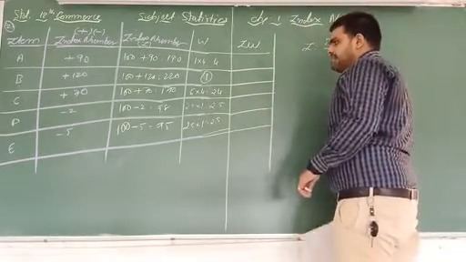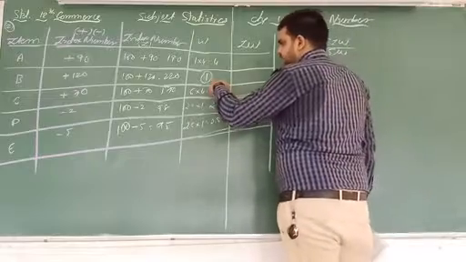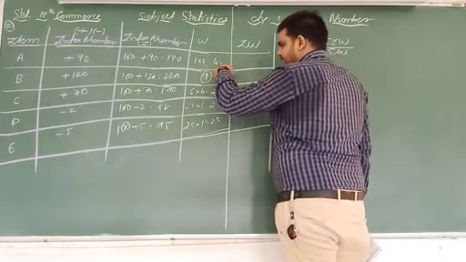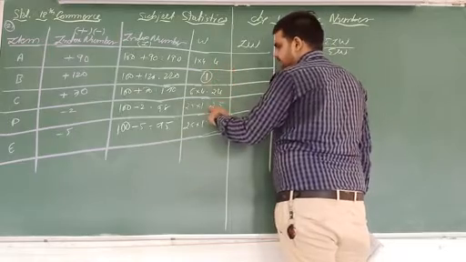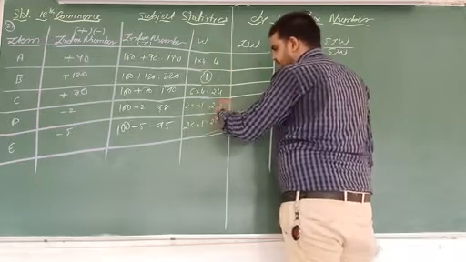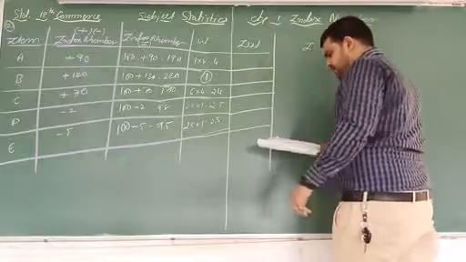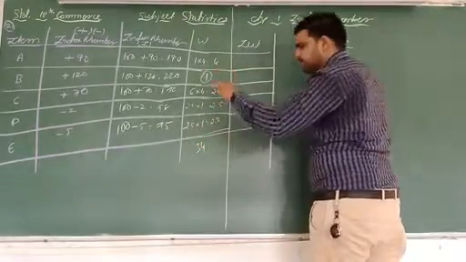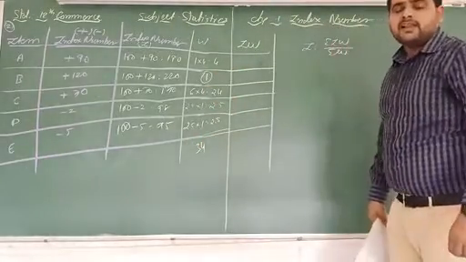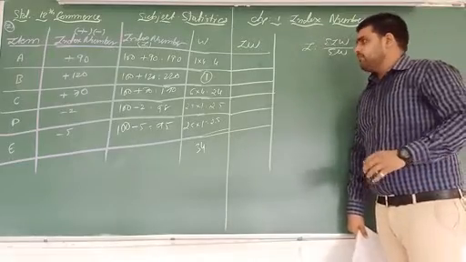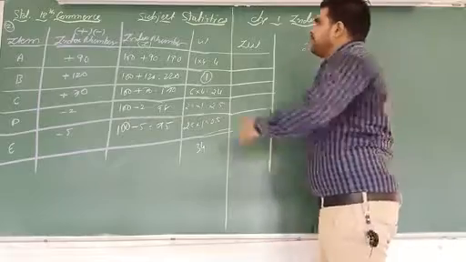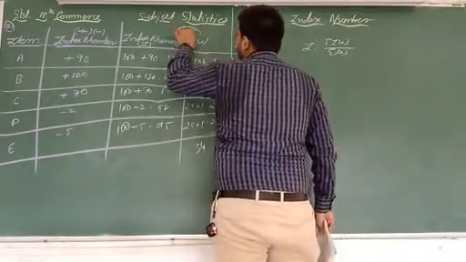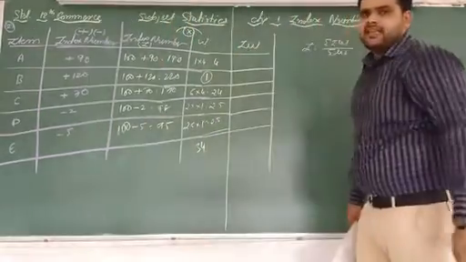Now the total of weight: 24 plus 1 is 25, 25 plus 4 is 29, then 30, 31, 32, 33, as well as 0.5, the total is 34. So total W is equal to 34. Now IW. So what we have to do? Simplify. We have to do multiplication of both the items.